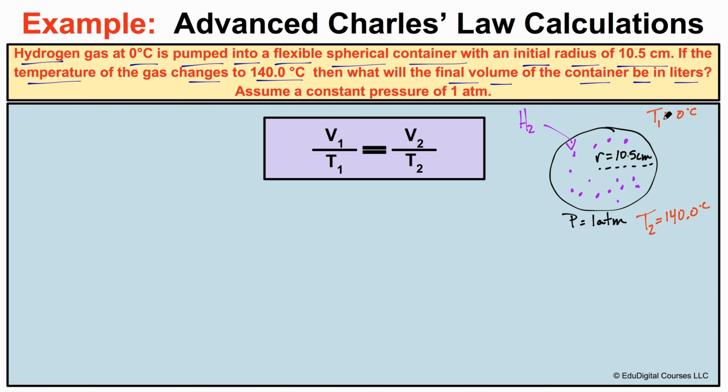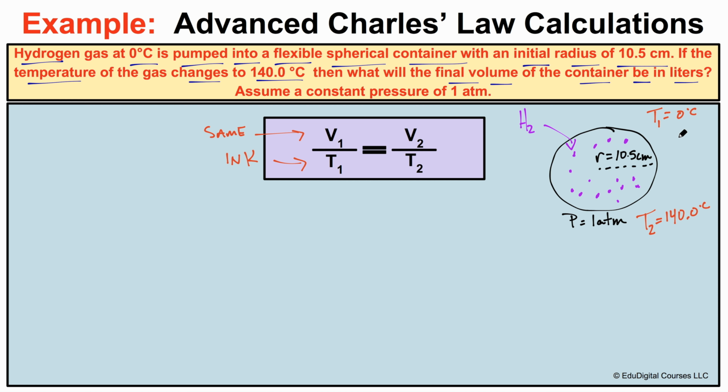First of all, we know that Charles' law states that V1 over T1 equals V2 over T2, that the initial volume of the gas divided by the initial temperature of the gas is going to equal the final volume of the gas divided by the final temperature of the gas. And when we're working with Charles' law formula, we need to make sure that all temperature units are in Kelvin, which we see right here they are not, so we're going to have to convert them. Also, we need to make sure that the volume units are the same